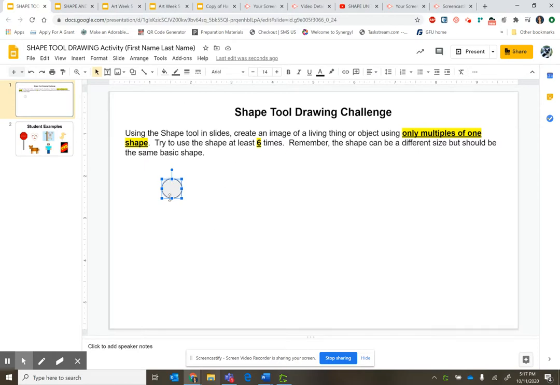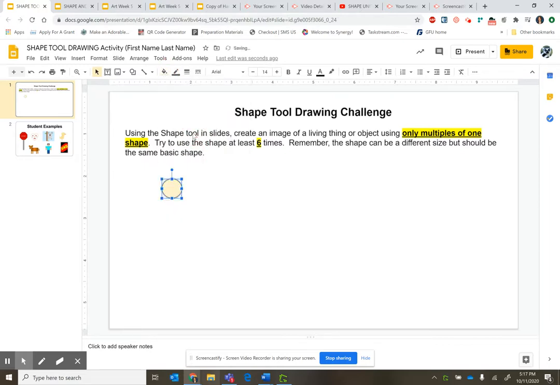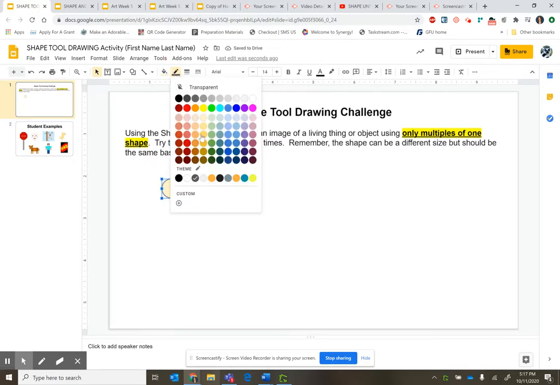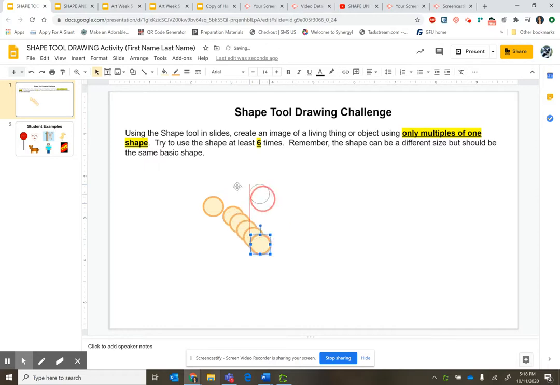Once you make your shape, you can change the color. So I'm going to change my color to yellow. You can also change the outline if you want, and then you can change the outline width as well. Now that I have one shape, I want to make more of the same exact shape. So I'm going to click Control D, and that copies my shape and I can move it. And then I can click that over and over again if I want. Now I have multiple